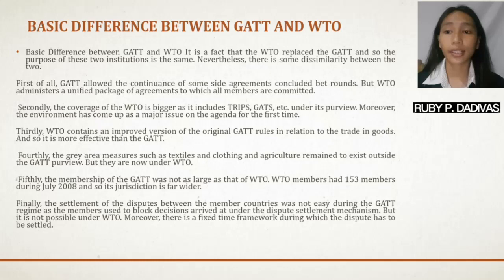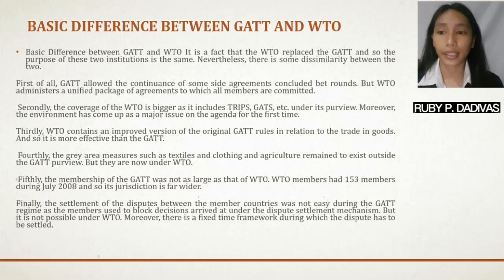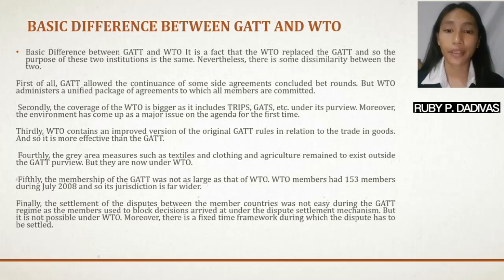The World Trade Organization membership is also more extensive than the GATT. The World Trade Organization has 153 members as of July 2008, while the GATT membership was much smaller. And finally, the World Trade Organization has a more effective dispute settlement mechanism than GATT. Members cannot block decisions made under the dispute settlement mechanism, and disputes have to be settled within a fixed time